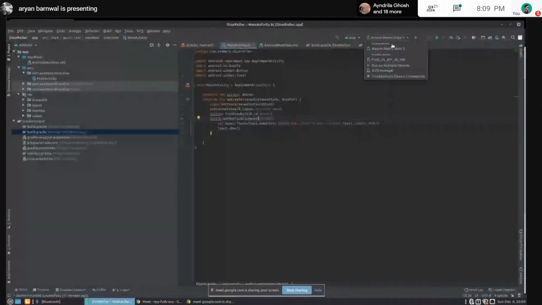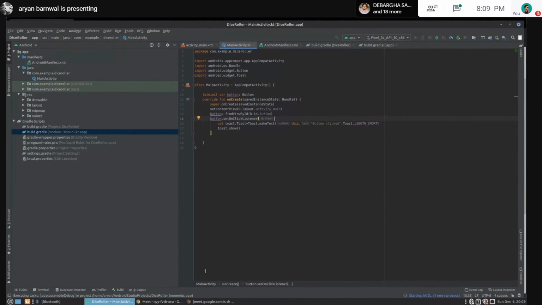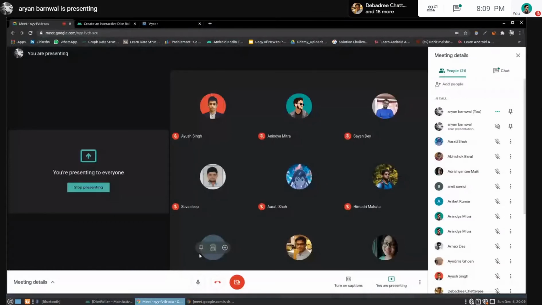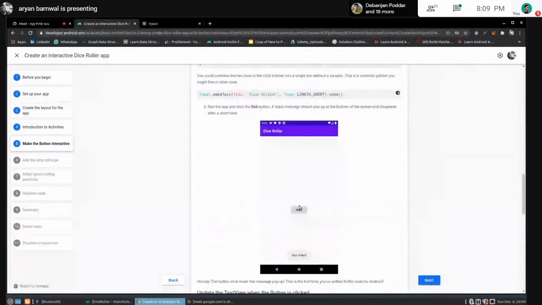Okay, I will just select Pixel 3. It will take some time. So let's just move on with the code. If you click on the roll button, it will pop up a toast with the message like dice roll. So let's check it's working.